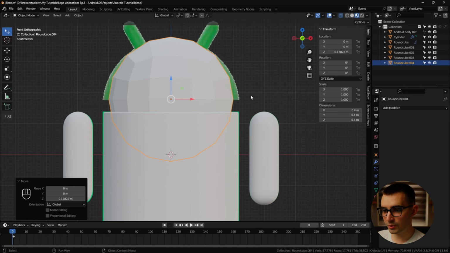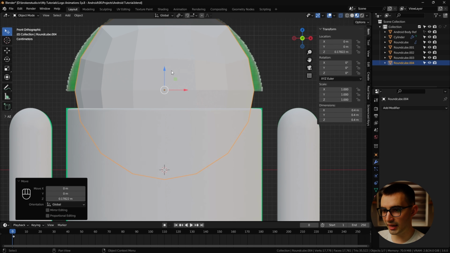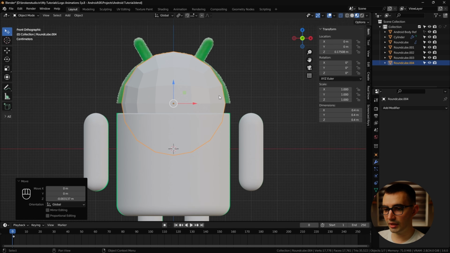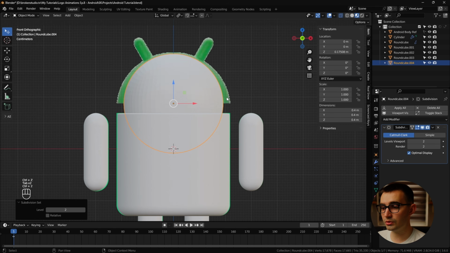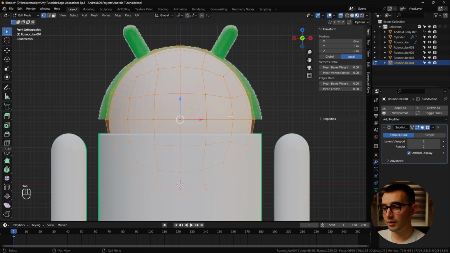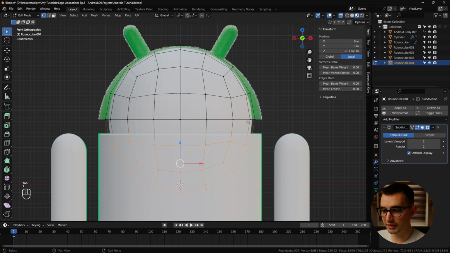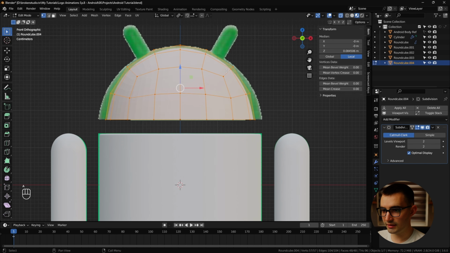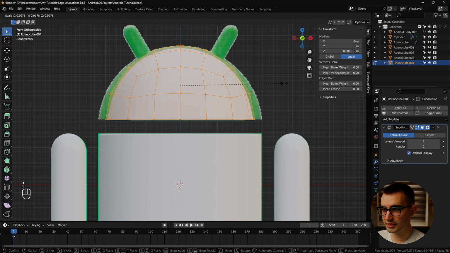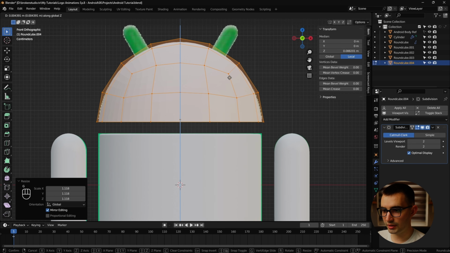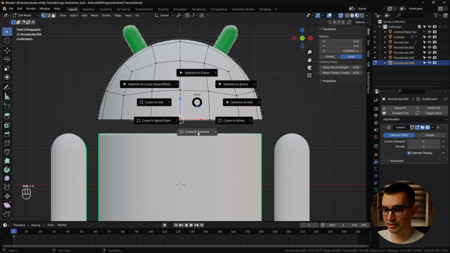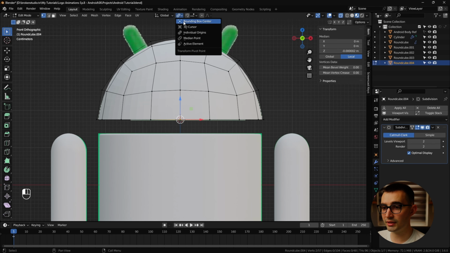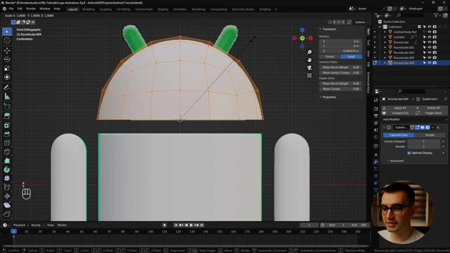We'll bring it up. We want the center of the sphere to be sitting at the bottom of the head, like so. And again, we're using a round cube because of the topology that it has. So out of edit mode, let's do Ctrl 2 to add 2 levels of subdivision. Back in edit mode, we'll actually delete the bottom vertices and then select all of these. We'll do S, scale them up, bring it up, and we'll actually select these bottom ones, hit Shift S, set the cursor to selected, and then set the pivot to the 3D cursor so we can scale things down